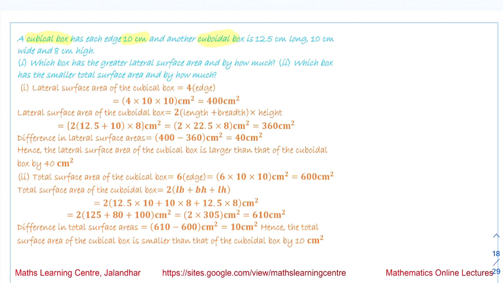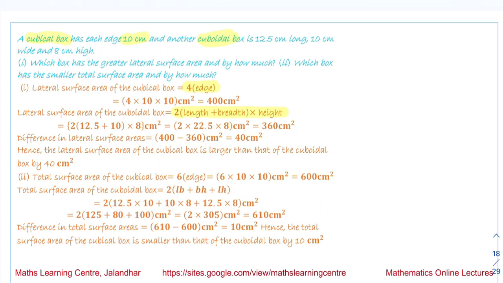So we have to find the lateral and the total surface area of both these boxes, and the formula we know for the cubical box, the lateral surface area, is 4 times the edge squared, and for the lateral surface area of the cuboidal box, we are saying it is 2 times length plus breadth, into height. So when we substitute these values in these two formulas,